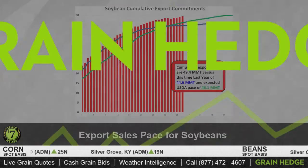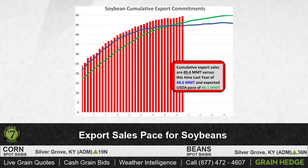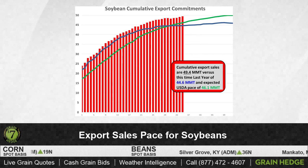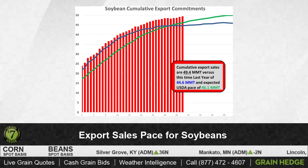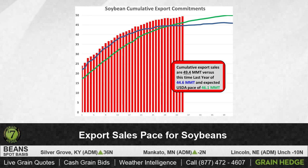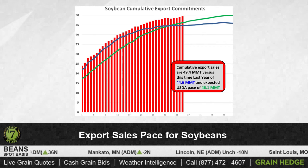When you take a look at soybeans, this is a slightly different scenario. You'll notice we're not only ahead of pace to meet USDA expectations, but we're also ahead of last year's pace. We've booked 49.4 million metric tons at this point during the year. We would expect to need somewhere around 46.1 million metric tons. All in all, very positive here for soybeans,